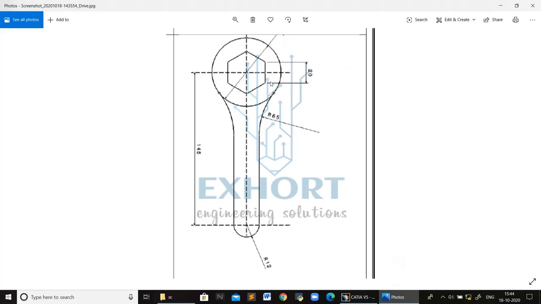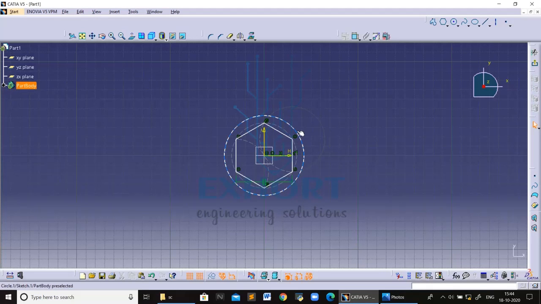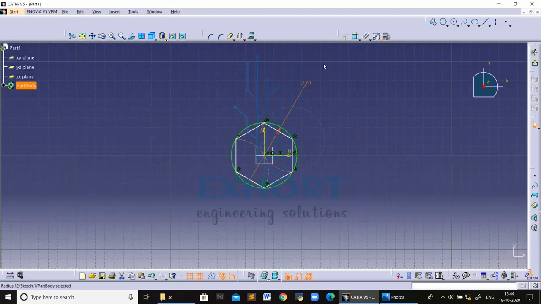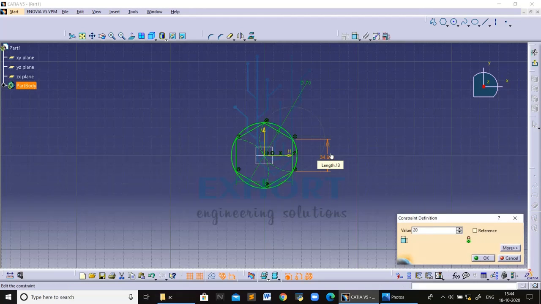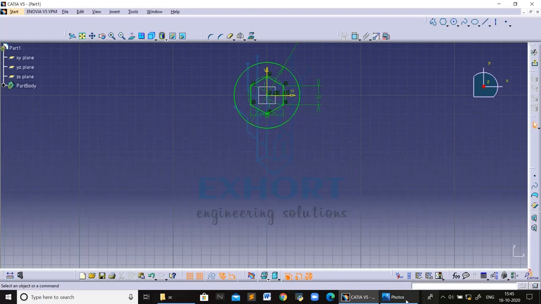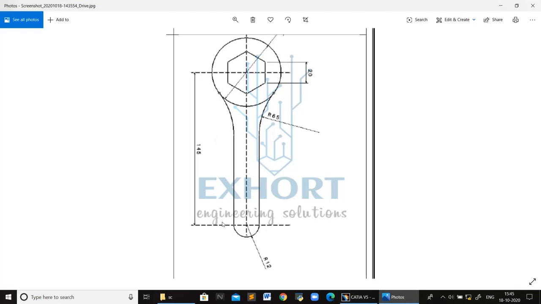The circle dimension is 70 diameter and the hexagon side dimension is 20. The 70 diameter circle and 20 side of hexagon, like this. The next step is to draw these two lines